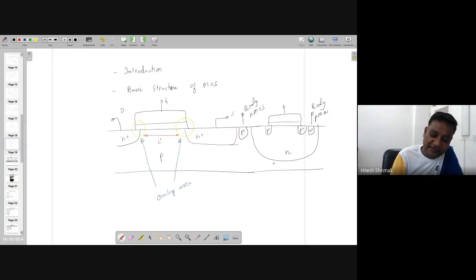Here you can see that, looking from here to here, various wells are available. This is N well, and this is P substrate. So effectively there is only one well, but there is a possibility that you can make dual well